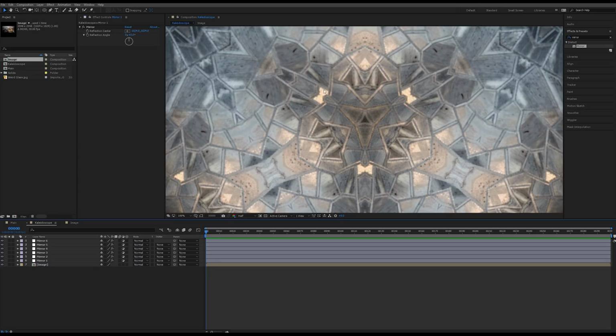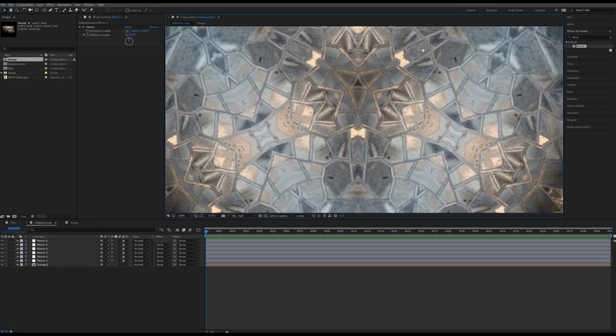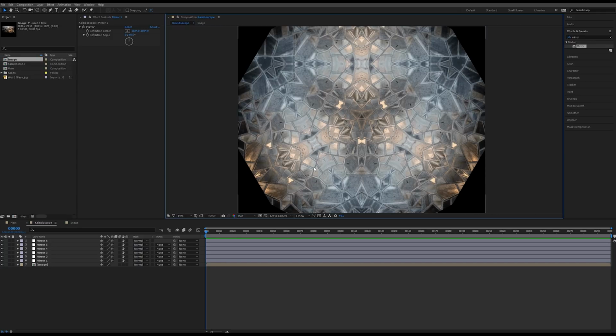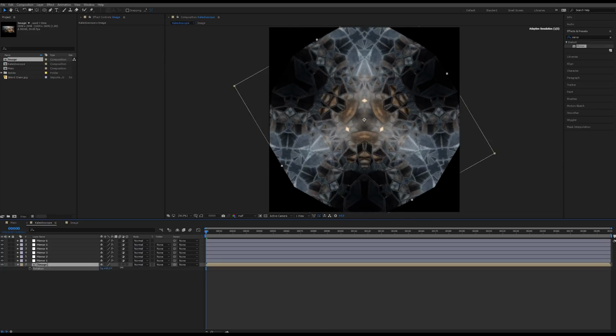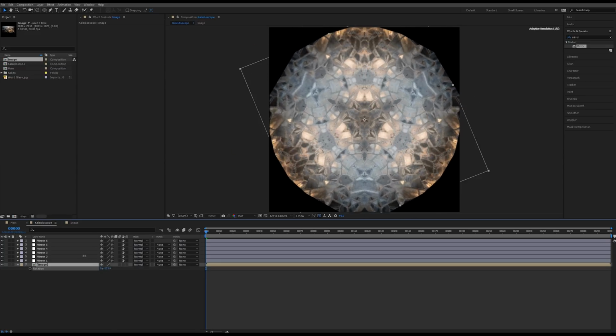And then when we zoom in, we see 3 different sides that are all the same. Okay, so that's the basic premise of this effect. And then how this really works is you take your image, you click R, and then you can rotate that, and that's where you get the cool looking effect.